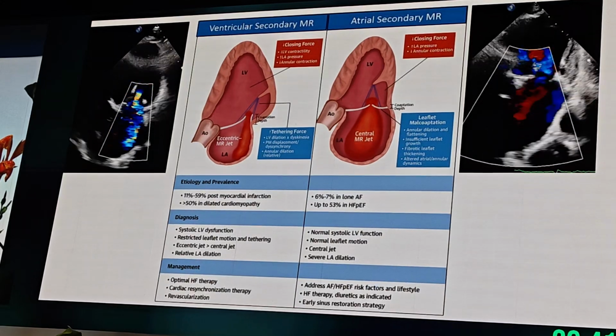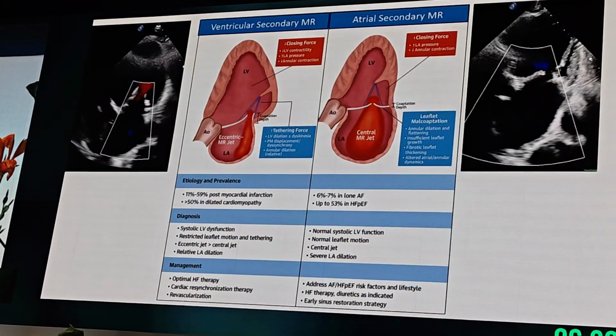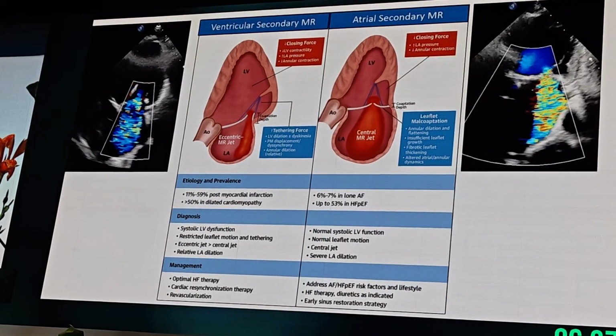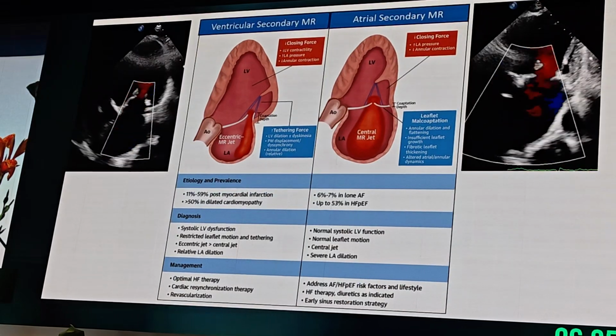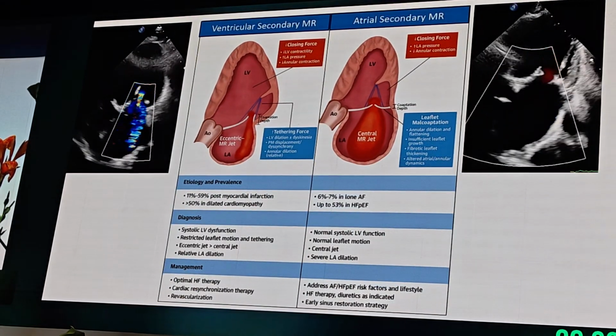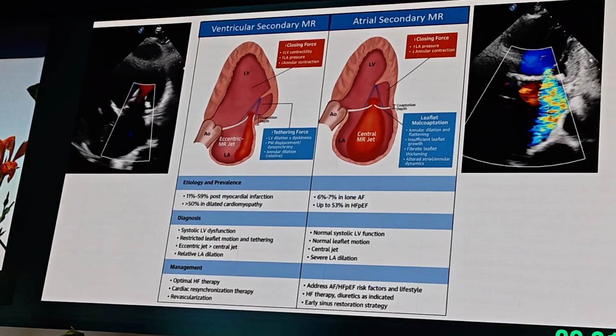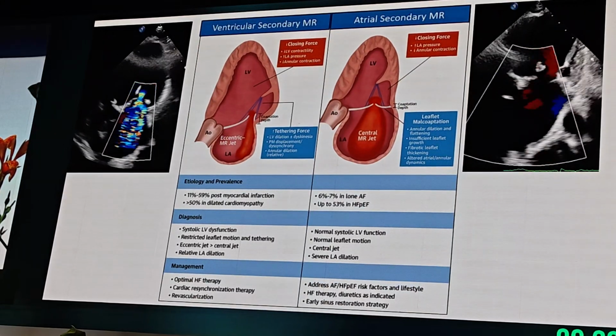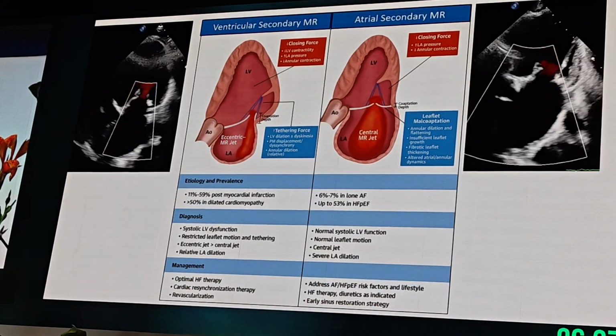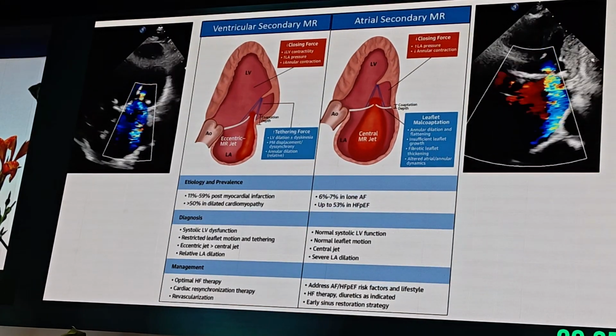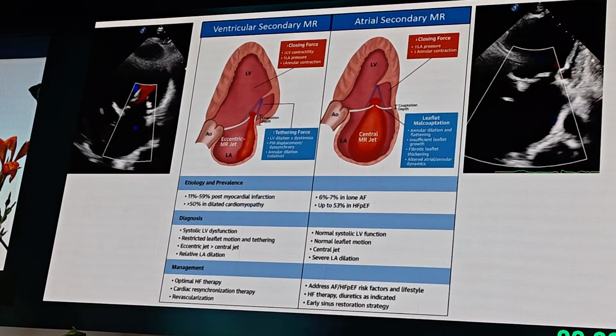And whilst I'm going to talk about how we distinguish between the two, it's important to highlight that there is still a lot of discussion and controversy about how we define atrial secondary MR, let alone how we should treat it. And I want you to bear that in mind. So you all understand ventricular